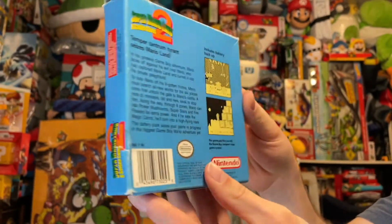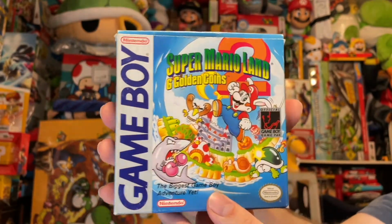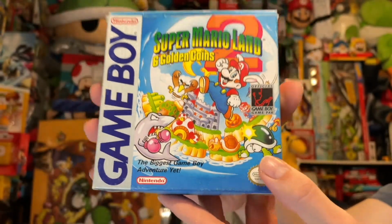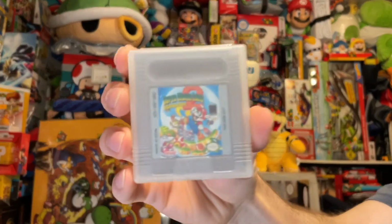Next, I got the box and inserts for Super Mario Land 2: 6 Golden Coins. I've already had the game and instruction booklet in my collection, but seeing as this is my favorite game from the original Game Boy, I've kind of been needing to get these. The box art really does justice to the adventures in this game, showing a bunch of the fun sights you'll see throughout your journey. Inside the box is the game pack itself,